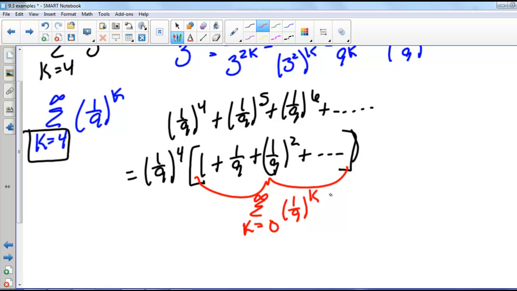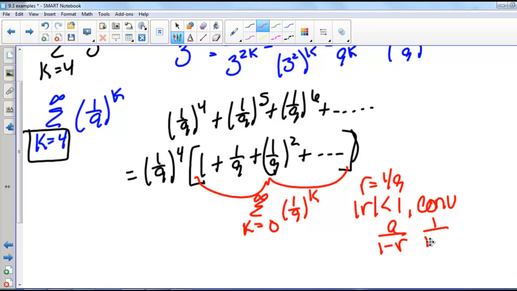And this is a geometric series with r equals 1/9, and the absolute value of r is less than 1, so it converges to a over 1 minus r, which in this case a is 1 and r is 1/9, so it converges to 1 over 1 minus 1/9. So that means that this series equals 1/9 to the 4th times 1 over 1 minus 1/9,